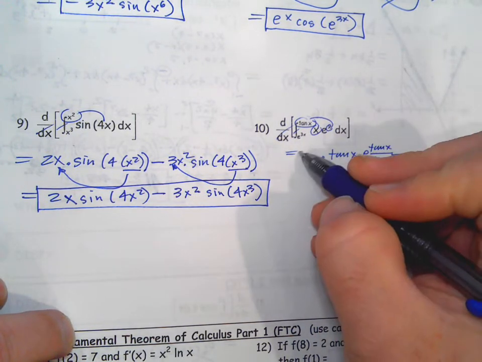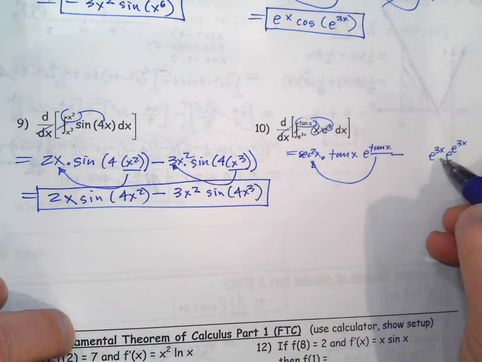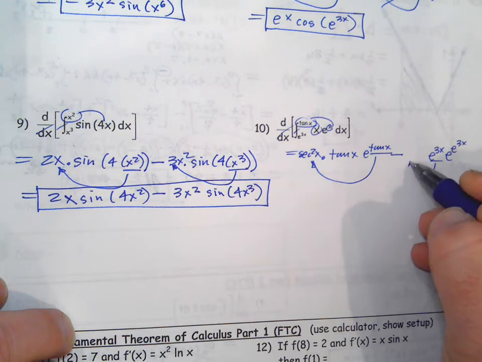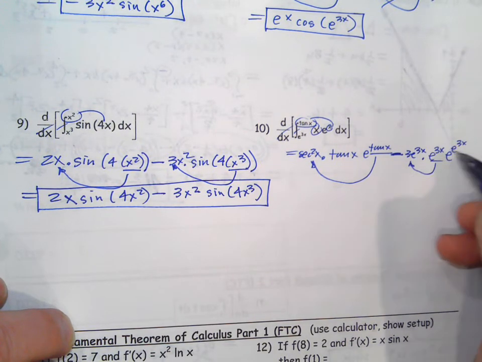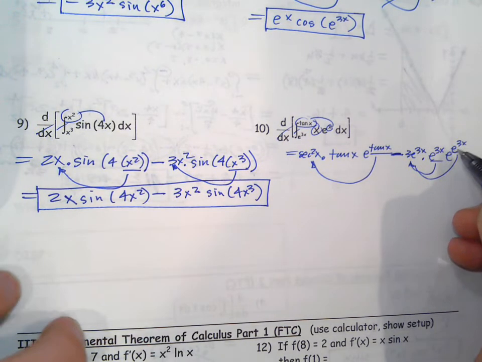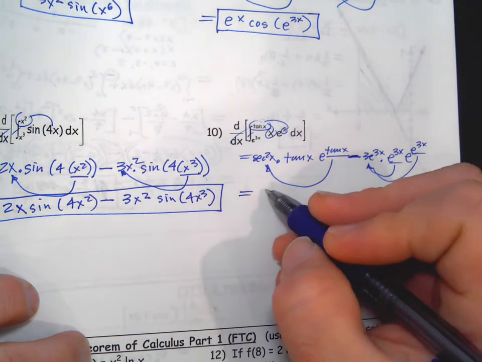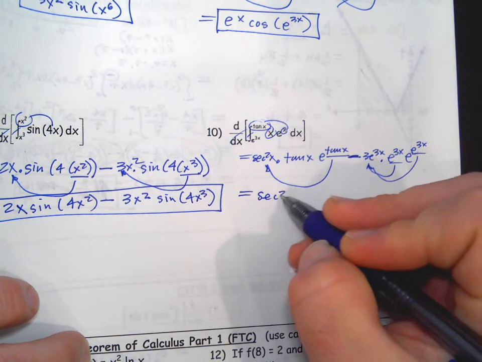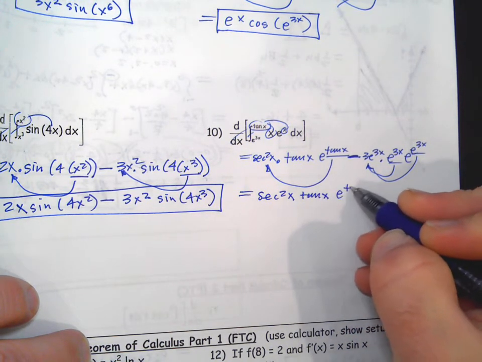Derivative of tangent is secant squared. The derivative of e to the 3x is 3e to the 3x, right? So even though we plugged in multiple places, we just do the derivative of what's inside once. So, secant squared x, tangent x, e to the tangent x,